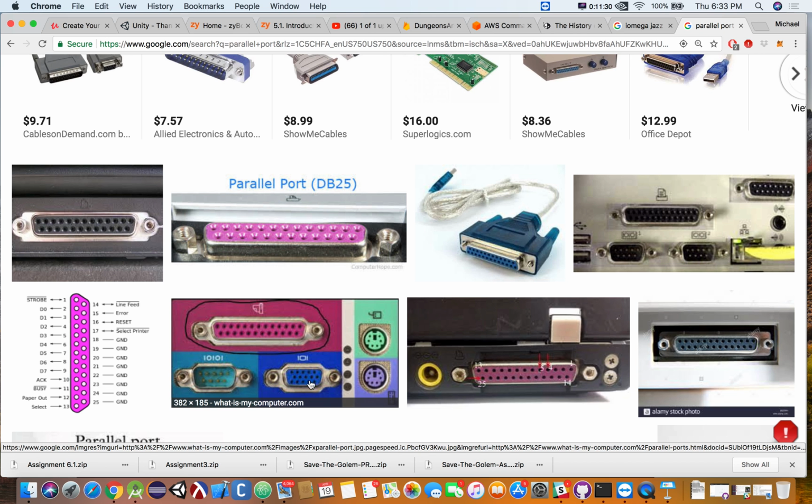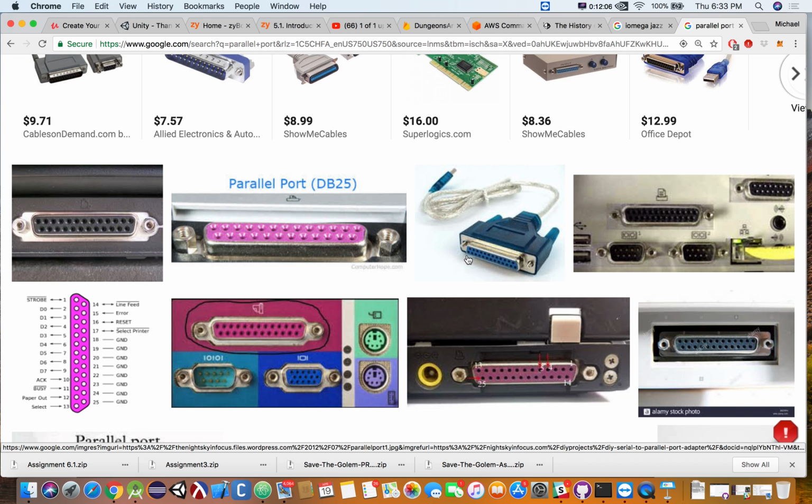And you can actually see they have a different number of pins. There are 3 rows of holes here, and there are only 2 rows of pins here. So don't try to shove a parallel cable into a serial port. Well, it would be a parallel extension cable. You'll bend the pins is what will happen. Then you have to get the needle nose pliers out and straighten the pins and hope for the best.